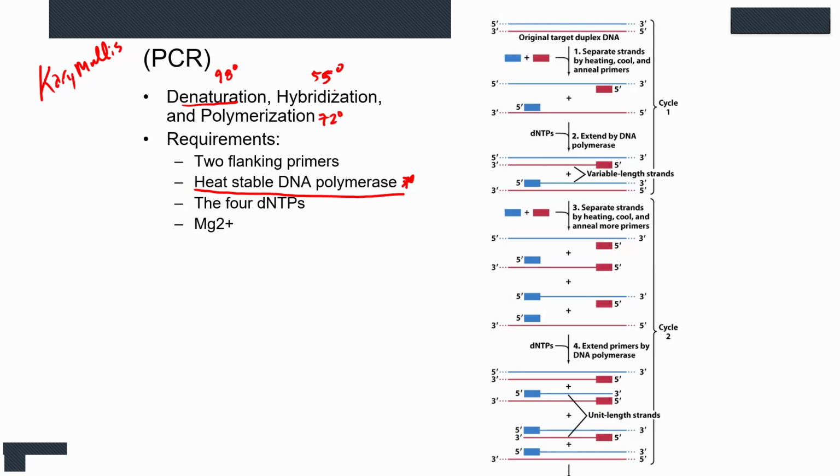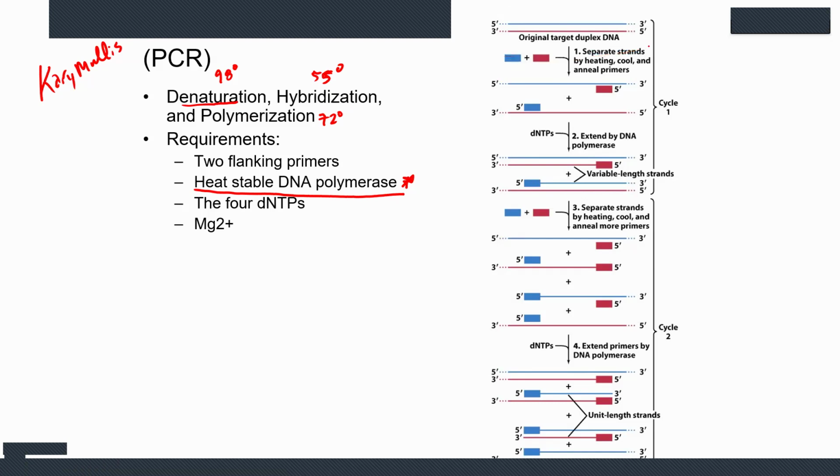If you do PCR or have done PCR, your temperatures vary a little bit, anywhere from probably 95 to 99 for denaturation. The hybridization and polymerization might vary a little bit more depending on the gene that you're trying to amplify. Now, to visualize these steps, right here,